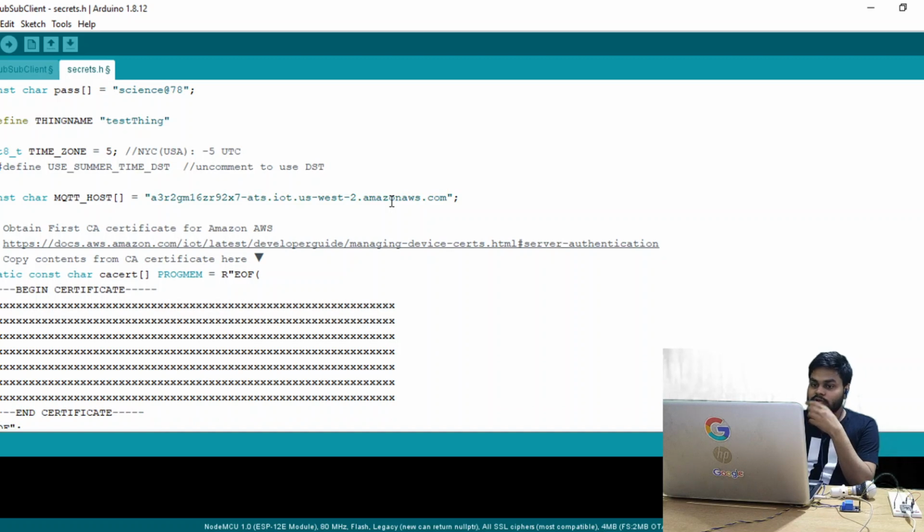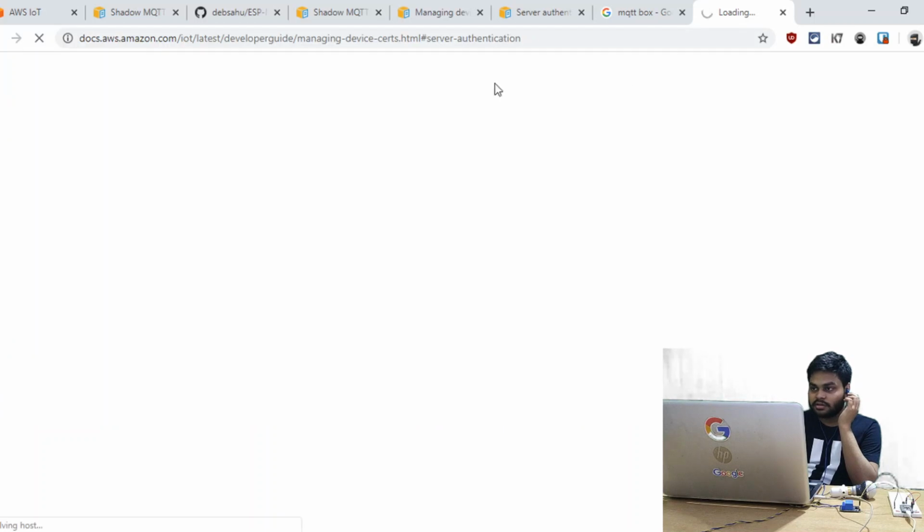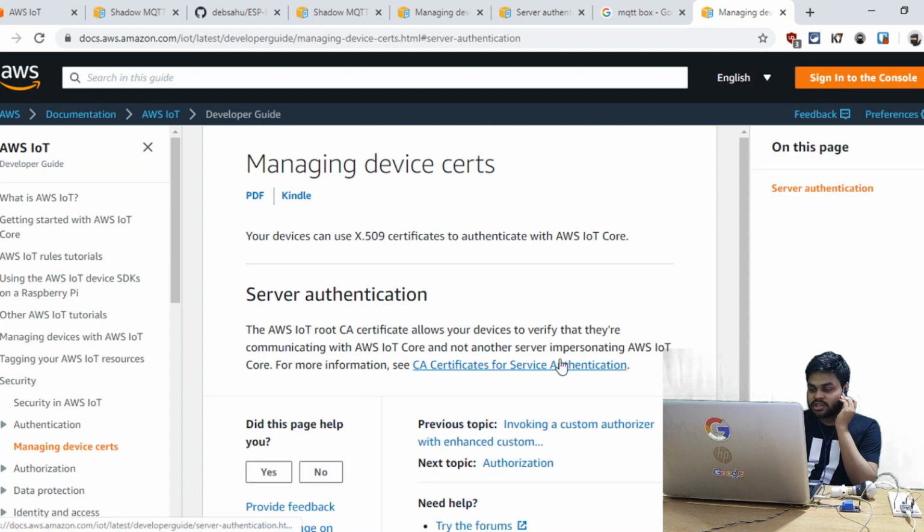Now the CA certificate. What is the CA certificate? Simply navigate to this link. We can see the CA certificate for server authentication. Click on it.